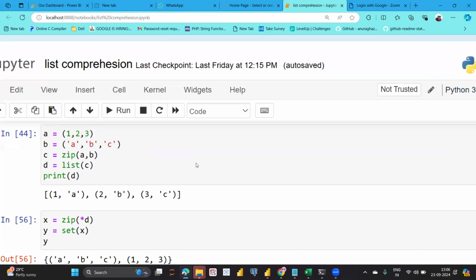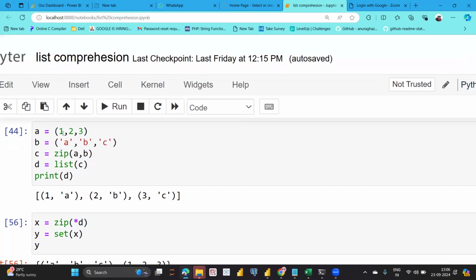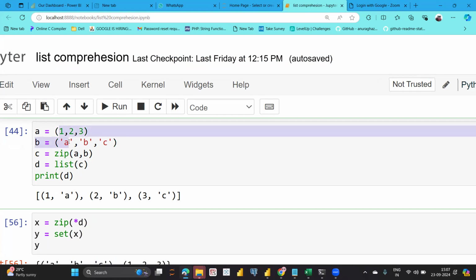Basically, zip functions are used to combine multiple iterables, in the sense multiple values together. Here you can see 1, 2, 3, A, B, C, like that. This element is separate, A is separate, 2 is separate. This is having one index, this is also having one index, 3 is having one index, and C is also having one index. When I am using the zip function, what exactly it will do is combine the elements